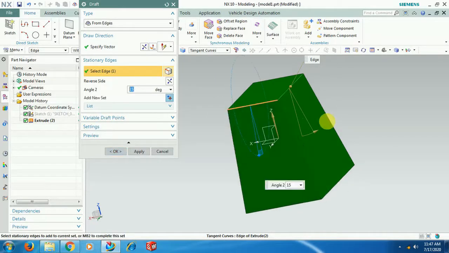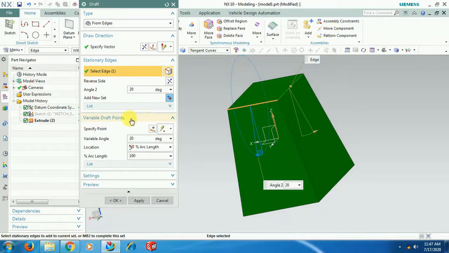Then what is the difference between the two? Is the difference only selecting the edges? Additional to that, in this from edges option you have variable draft points. What does it mean? I'll explain.